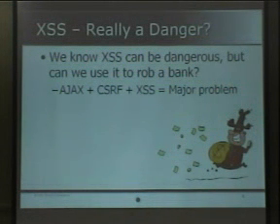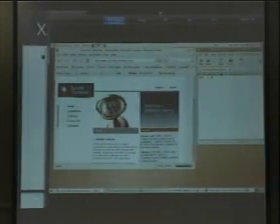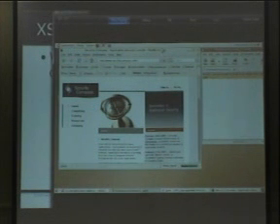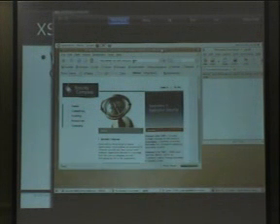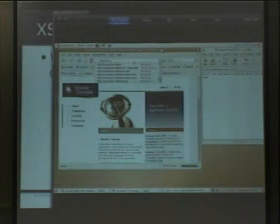This isn't a real bank. This is my bank. It has a cross-site scripting vulnerability in it. Let me open it up here. I cheat and use videos. So this is my bank, the IBD bank, the International Bank of Dan. And it has a cross-site scripting vulnerability. So we're just going to take a quick look. And it's a simple bank, right? It allows you to do